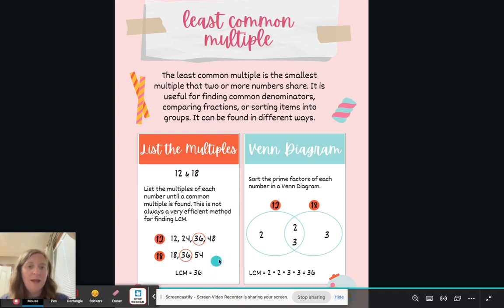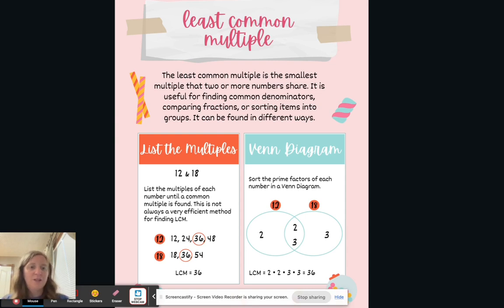There's another way, and I find it easier when you're dealing with larger numbers, like in the hundreds or even the thousands. Finding a multiple by multiplying up into the thousands is not as easy to do. So what you would do here is set up a Venn diagram and list all the prime